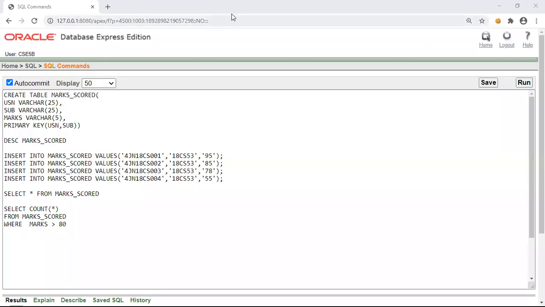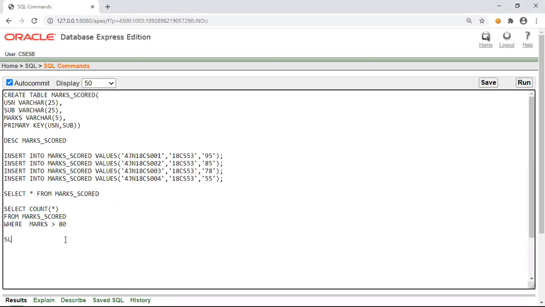In order to get the USN of the student who has scored the maximum marks, first we need to extract the maximum marks of all the subjects, and then we need to compare who has scored this particular maximum marks. So the query will be like this.